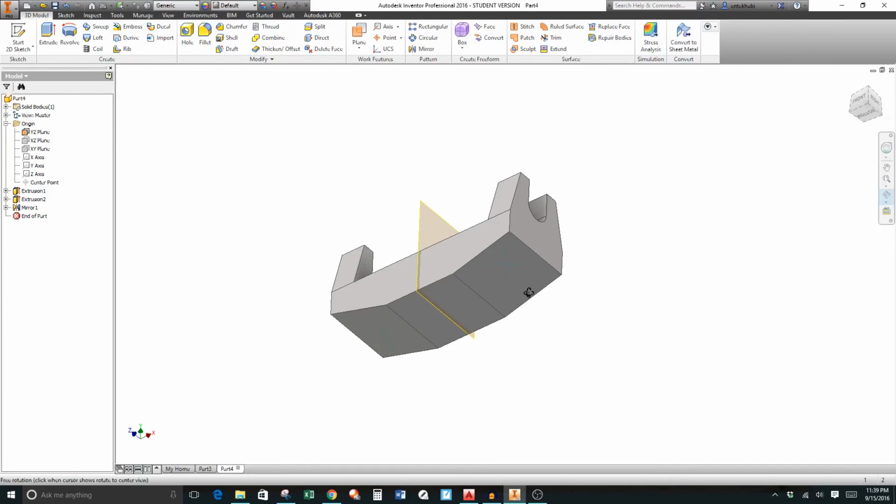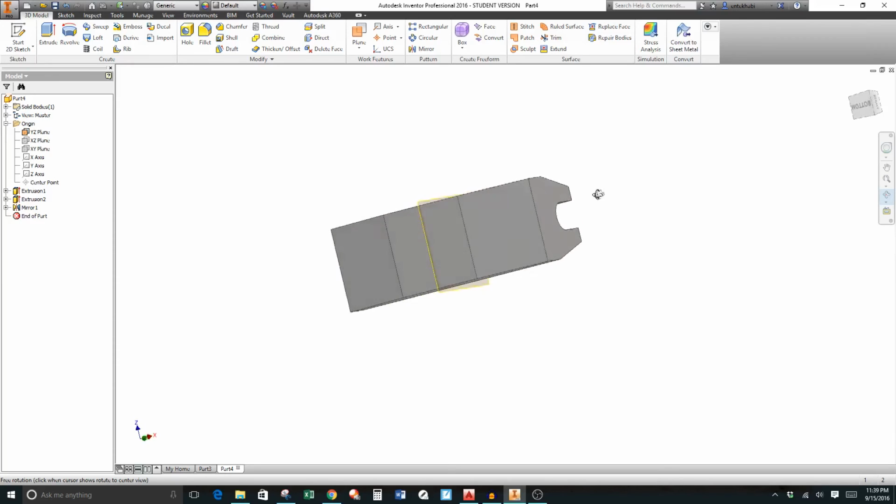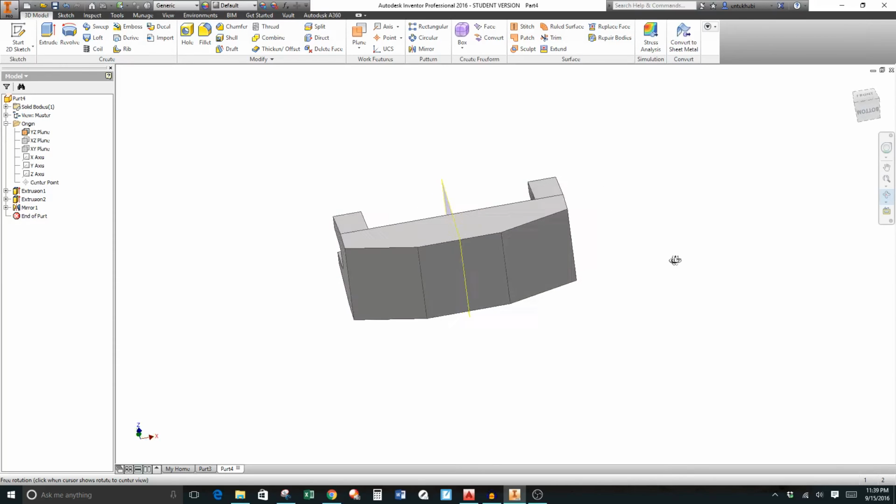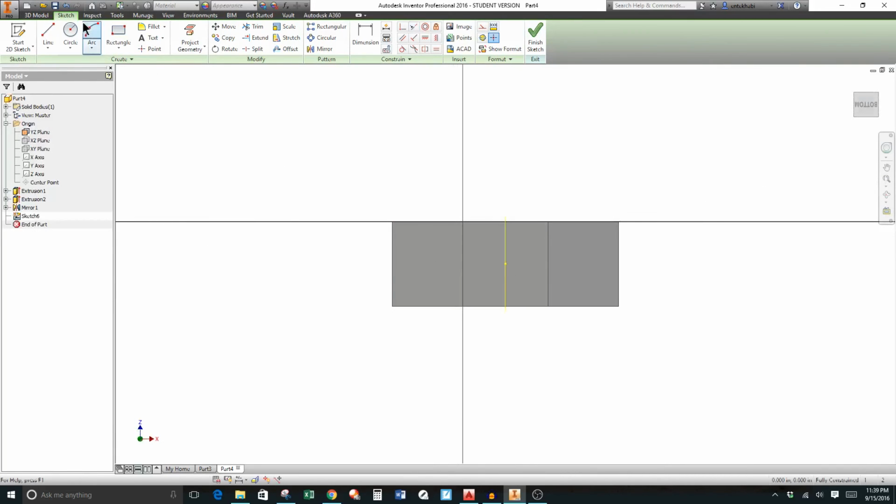Now we rotate this to see the bottom piece, so we can use orbit to rotate, or hold shift and left click on your pointing device,